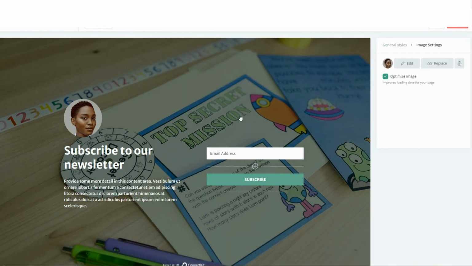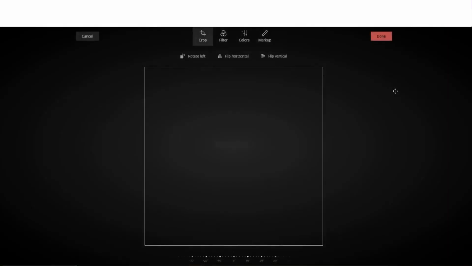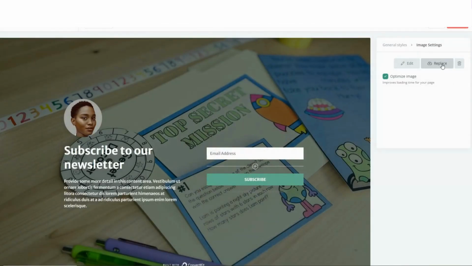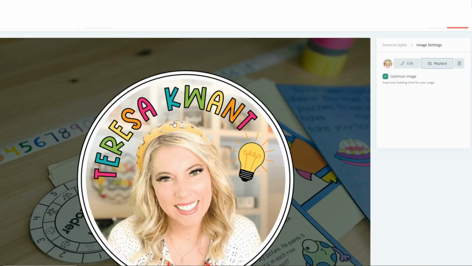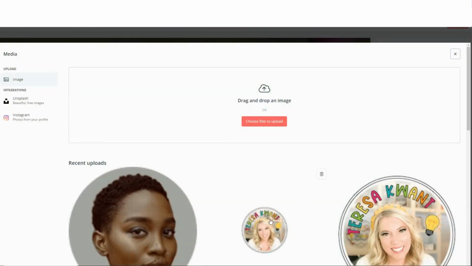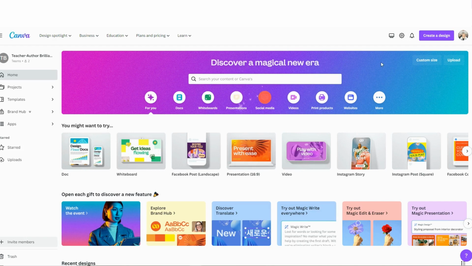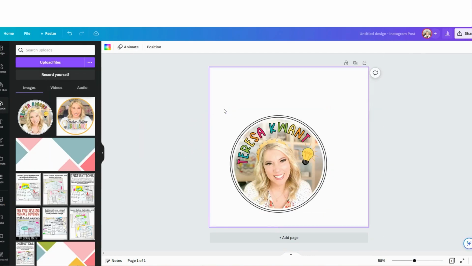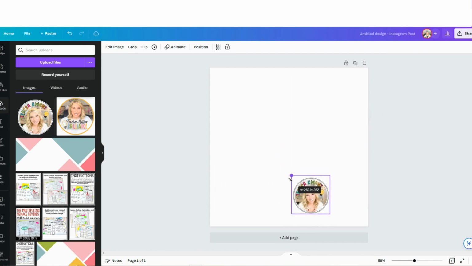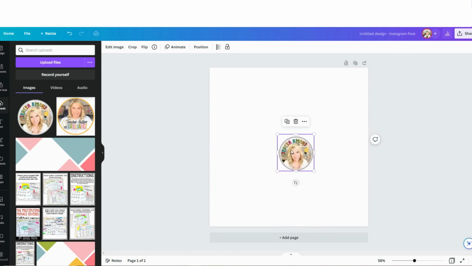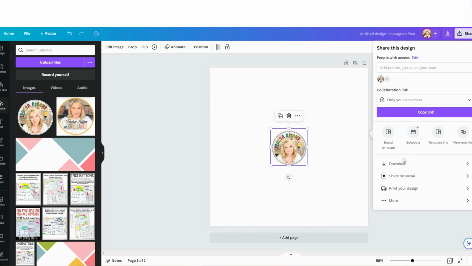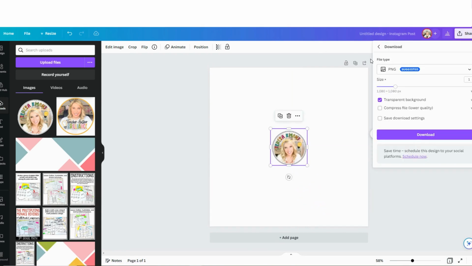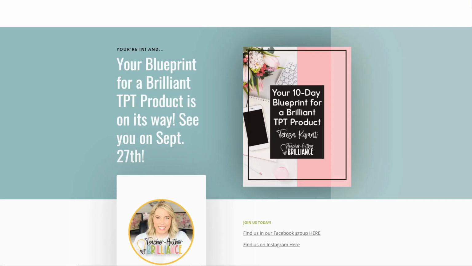Then I'm going to change this to be my own logo. What I did find that I had to do, I needed to click replace, is I couldn't use my regular size logo because it was giant. So I had to make a smaller logo. And what I did is I just went over into Canva and I made a new design, and I just did a square design, and I brought in my logo and I just made it really small and centered it. So just kind of make it smaller, whatever you think. And then I saved it as a transparent image and I downloaded it as this PNG. Then that is what I